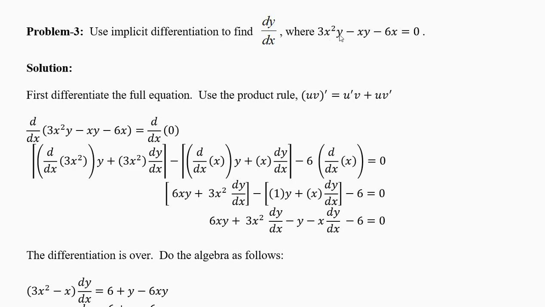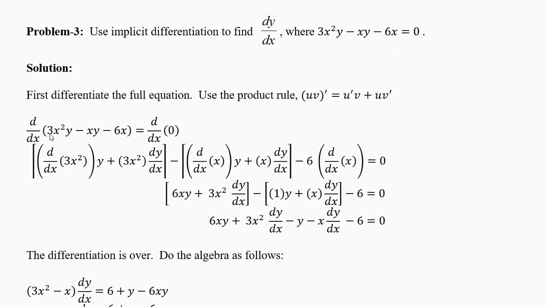Now here you are multiplying two things. 3x square y, you are multiplying two things. One is 3x square, the second is y. Or you can take 3 with the y, but better to take 3 with the x square. Here you are multiplying x with y, and minus 6x is a simple term which we have done many times before. Now we'll put one square bracket for this and one square bracket for this. This is an easy term, so we'll not put any bracket for this.